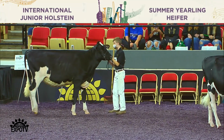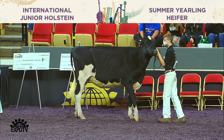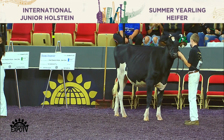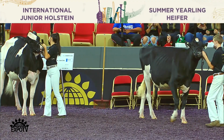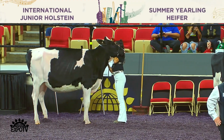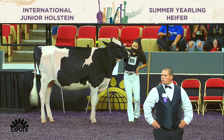Heifer in 7th has that dairiness and angularity, just like to see her a little bit more stylish up through that head and neck to move up that line, but it's that angularity, that style, that depth, that openness, and strength that gives her an advantage over a tremendously dairy heifer that files out in 8th. Heifer in 8th, we love the side profile of this heifer. We'd like to see more width of chest to spread those front feet out wider as she moves around the ring, as she strides through the ring today. But it's that style, that balance, that angularity, that extreme angularity that gives her an advantage over the heifer that